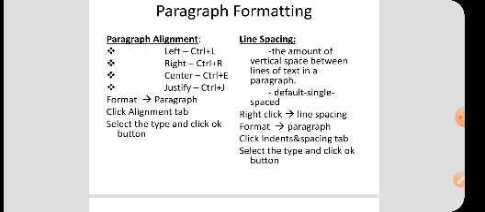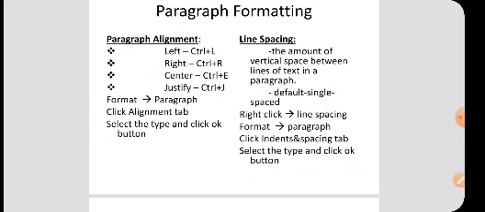So how do you align the paragraph? Suppose you have written some paragraph and you want to align it, you have to go to Format Paragraph. You click the Format menu, then move to the Paragraph option, and the Paragraph dialog box appears. In that Paragraph dialog box, there is Indents and Spacing. In the Indents and Spacing tab, you click any one option, left, right, center, justify, whichever you want, and select it.